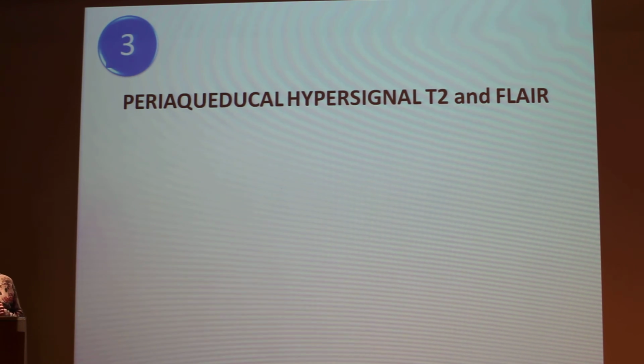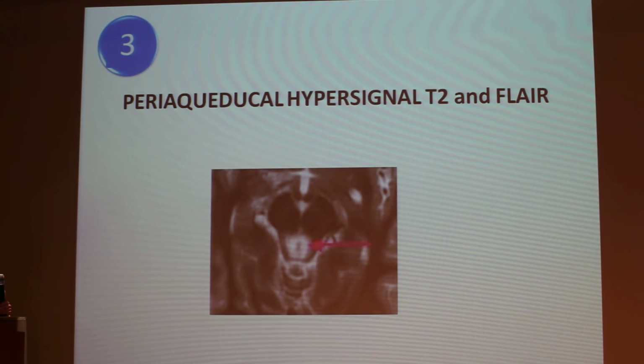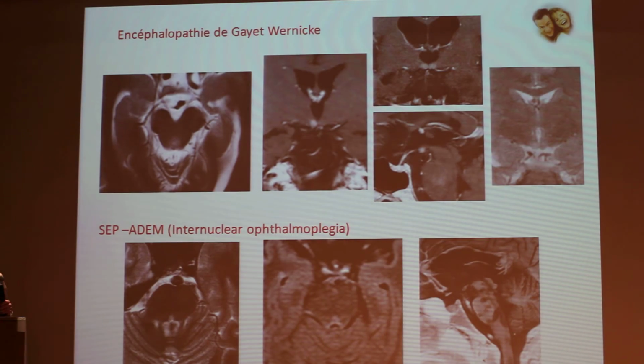Next image, and this is an image you can find in your patient. Periaqueductal hypersignal T2 and FLAIR. Which is this? For an adult, it is